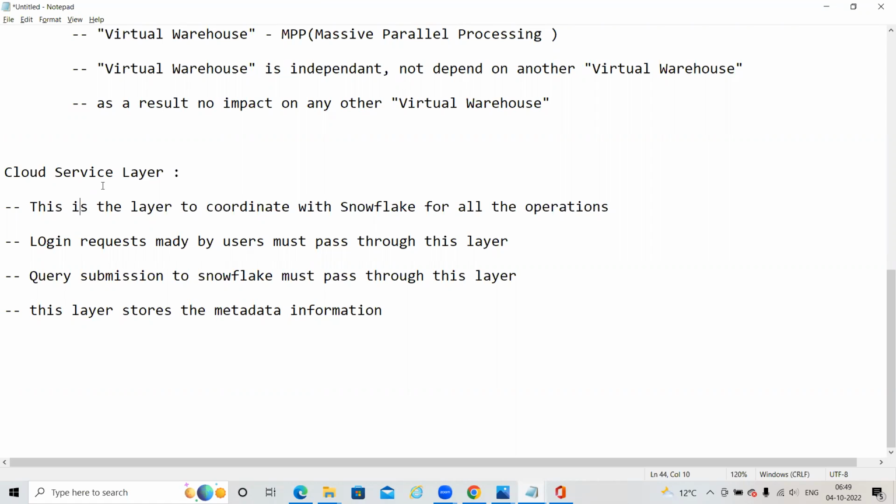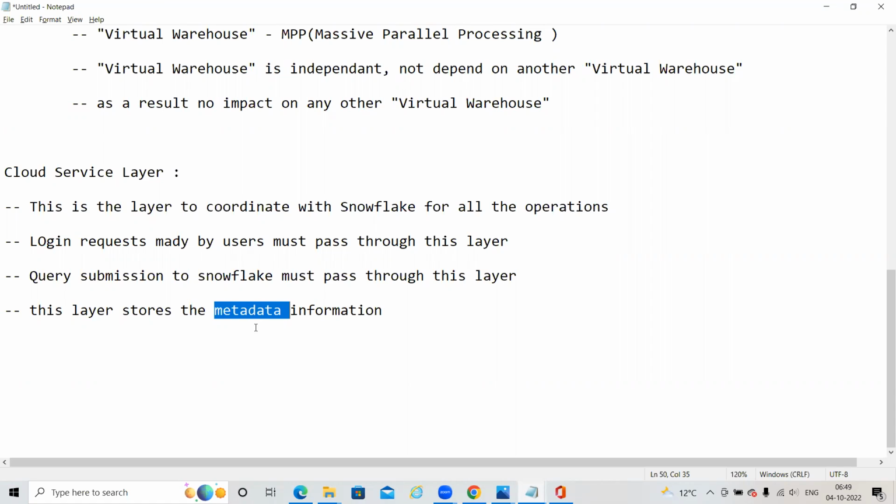Likewise, when a query is submitted to Snowflake, it will check your syntax, and then check your query through the optimizer, as I discussed in the architecture diagram. Whatever data you store in your storage layer, that data and storage information will be logged into the metadata tables: how many files are loaded into Snowflake, how many rows and how many columns are in those files.